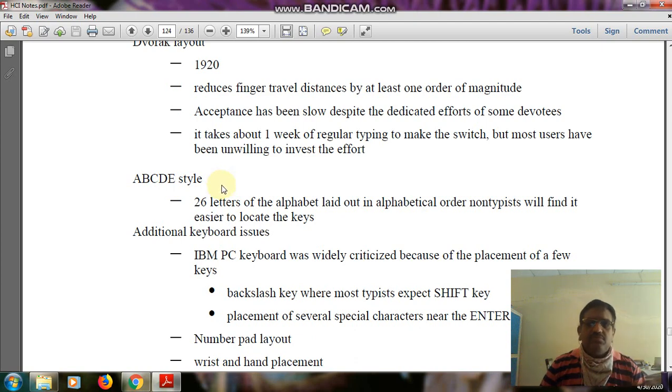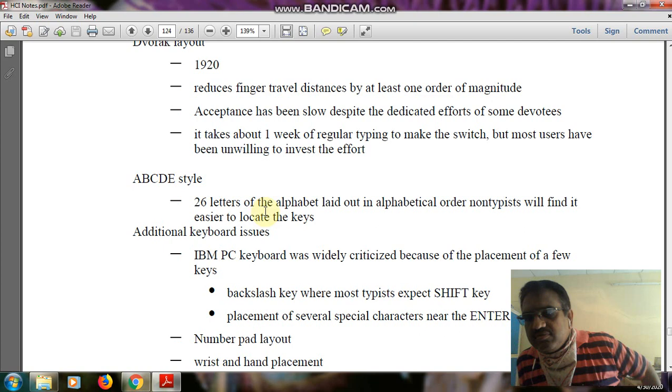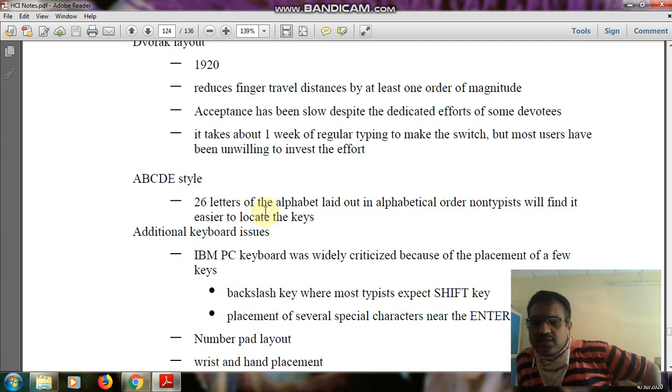It follows alphabetical order, and this one is better for those who are not professional typists. Once you use this layout, it is very hard to get professionalism. Better to use the QWERTY layout or some other layout instead of the ABCDE layout.